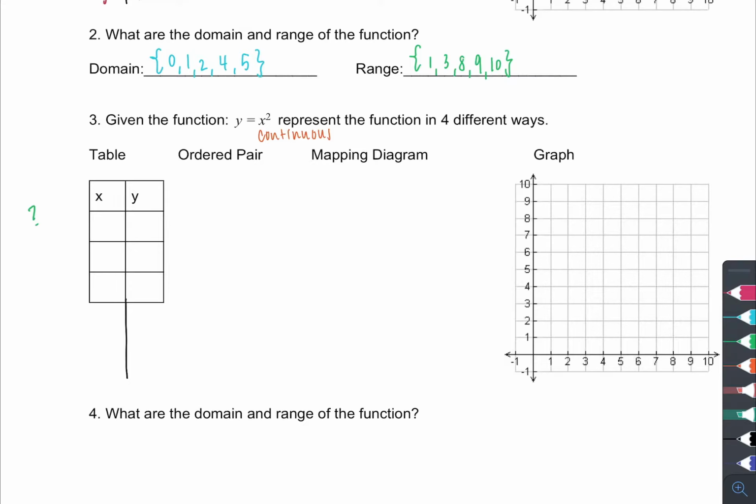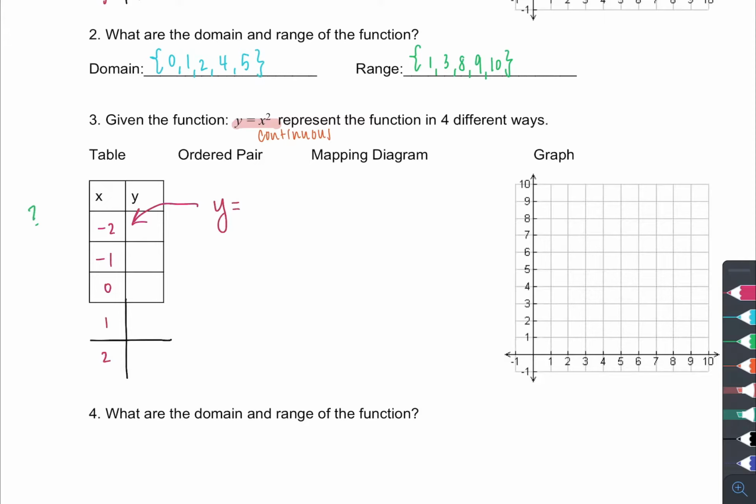So what we're going to do is we're going to take our values and plug them into this equation. We're going to plug our x in to get our y. So let's go ahead and do -2, -1, 0, 1, and 2. And so then we're plugging our -2 in. I'm going to show the work here, and then I'll end up erasing it. So we're going to have